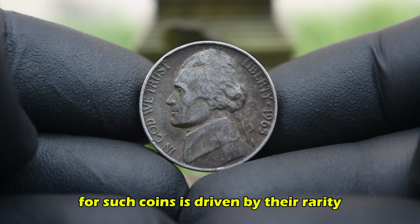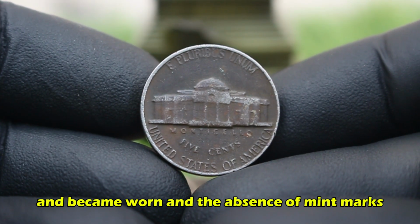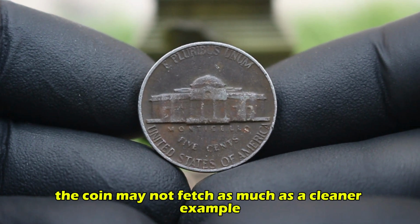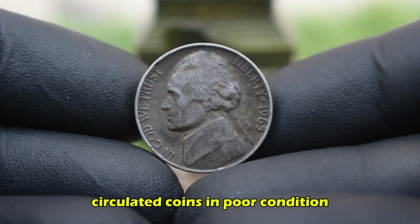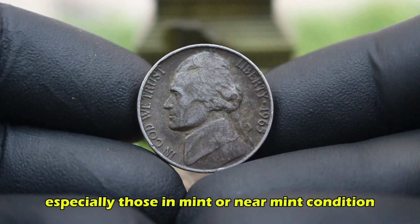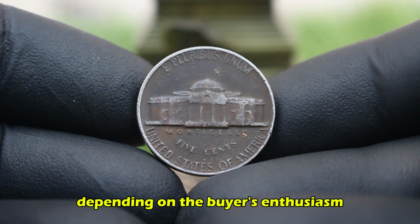The market demand for such coins is driven by their rarity, the fact that many were released into circulation and became worn, and the absence of mint marks, which makes them even more of a mystery to collectors. In its dirty, black-colored condition, the coin may not fetch as much as a cleaner example, but it still holds value. Circulated coins in poor condition may see prices ranging from $47,000, while coins in higher grades, especially those in mint or near-mint condition, could command prices upwards of $55,000 or more, depending on the buyer's enthusiasm and the rarity